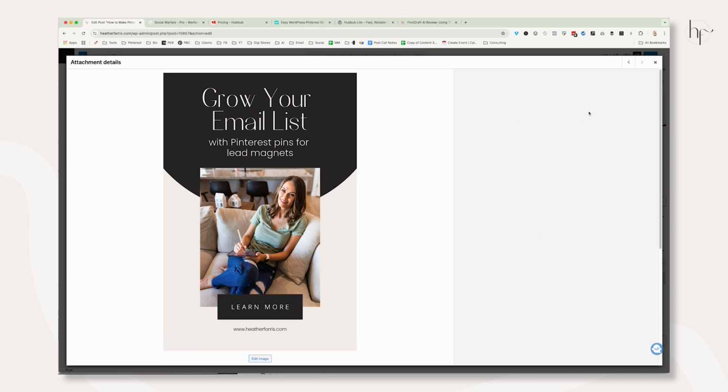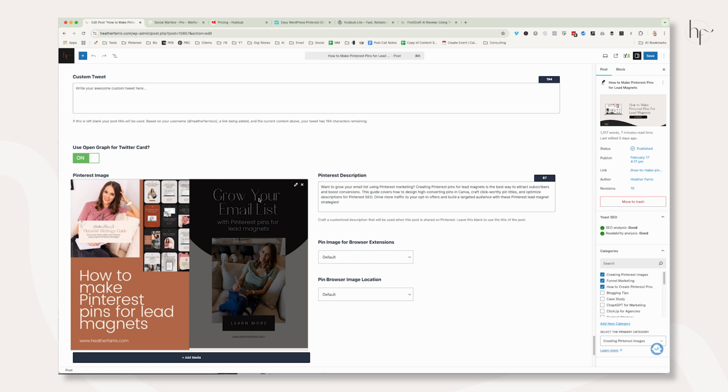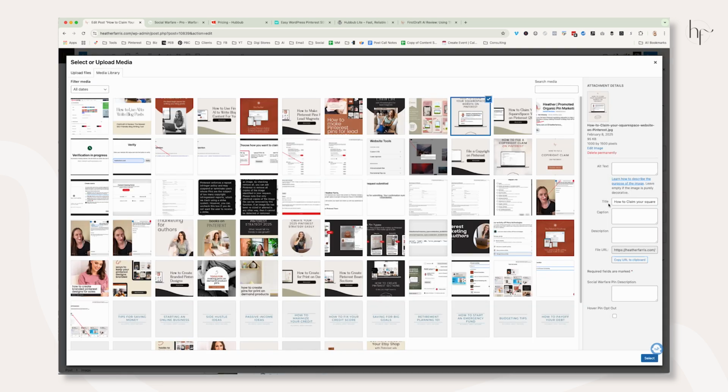So the actual pin title from the image itself is going to pull from your media library. So in the image itself, the title is what's going to come over to Pinterest. So make sure you put a good title in there. And then if you don't have any alt text, you can use Tailwind's free alt text tool to actually create alt text for you. Now, this Social Warfare description box doesn't work well, and they have said over the years that this was pretty much a failure, that they couldn't get the plugin to force this to go. But you can put information in the description, and that can be your fallback or your caption or your alt